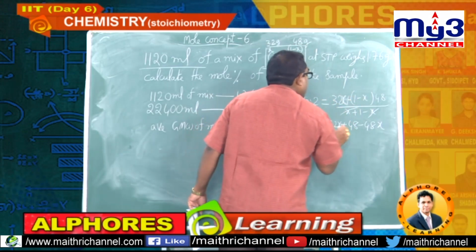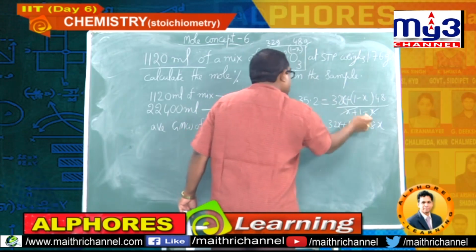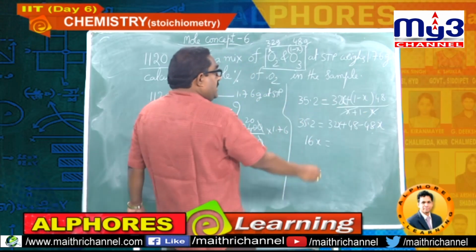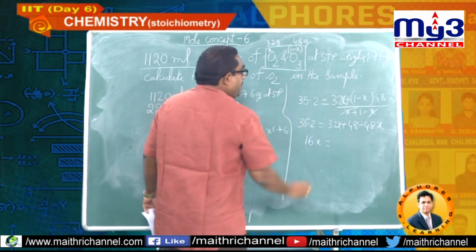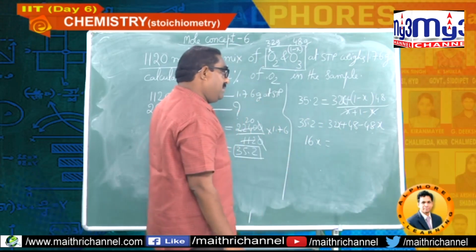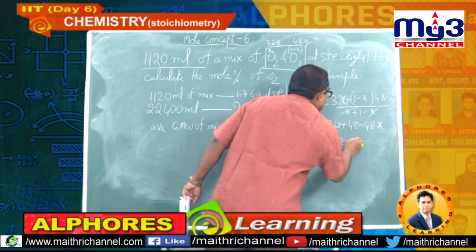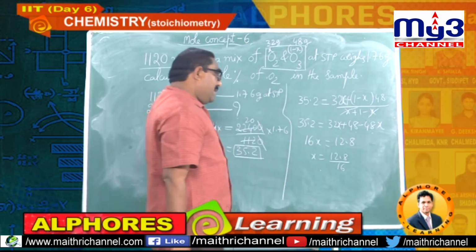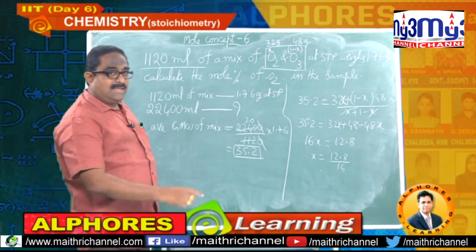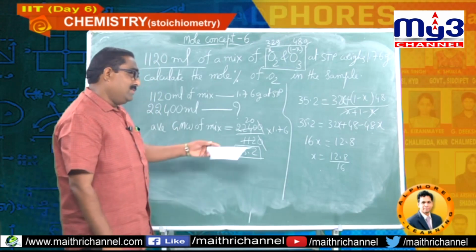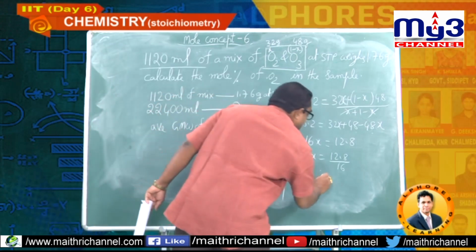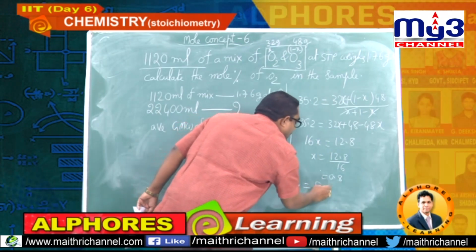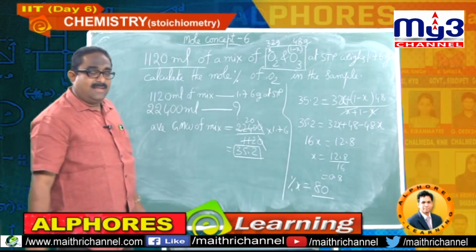So 32X minus 48X, minus 16X, take to this side, 16X, bring 35.2 that side, 48 minus 35.2, so forget about the decimal, 48 minus 35, fine, 12.8. So X is equal to 12.8 by 16. I think again exactly it is 0.8. 8 16s, 8 10s 80, 8 6s 48, 128, that is 12.8. So no doubt again you will get 0.8. So mole percent is equal to 0.8 multiplied by 100, that is 80.